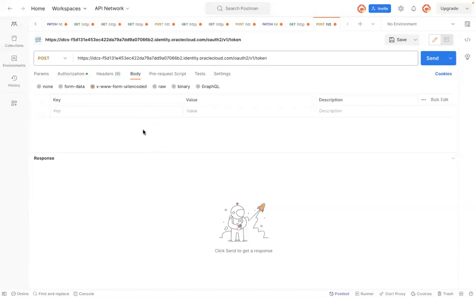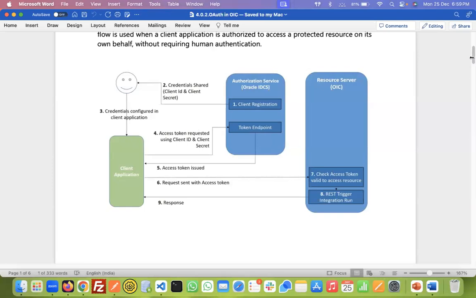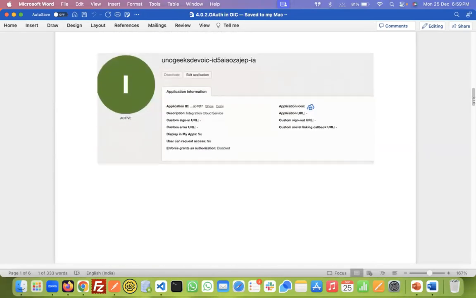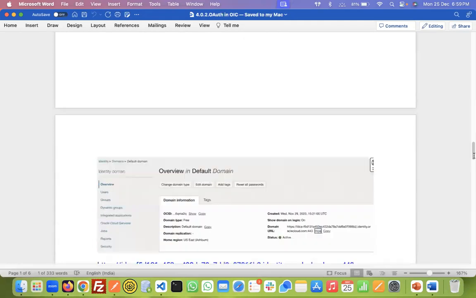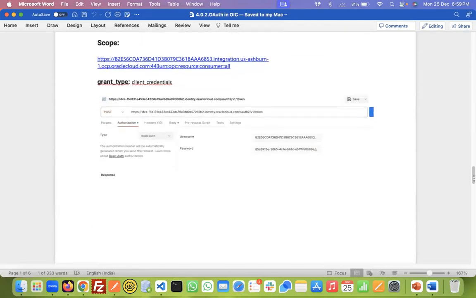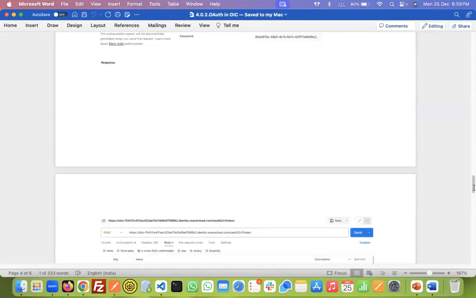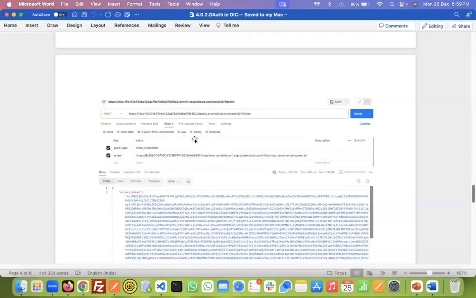In the body, we need to pass in a few additional details. What are those details that we need to pass in, guys? The first thing is, when we hit the endpoint URL, we pass in the username and password as basic auth. And what else do we need to do? We need to, in the body,